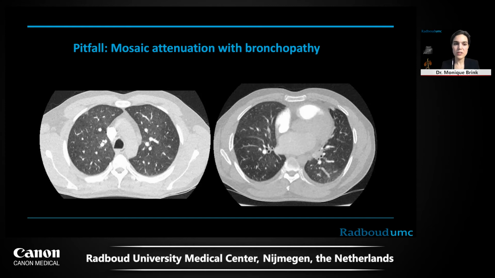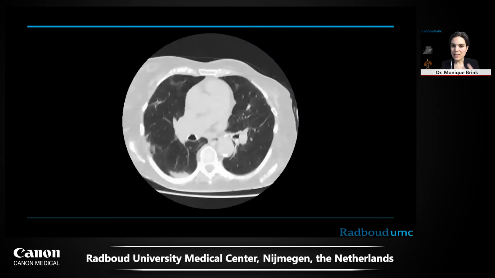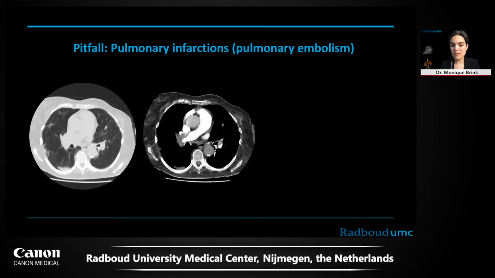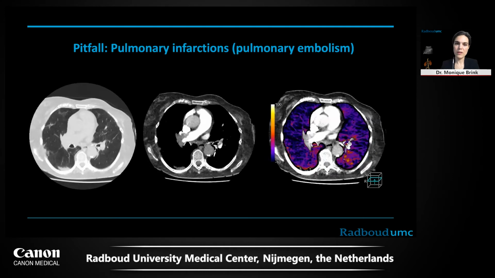This is mosaic attenuation. Check the important clinically relevant pitfalls, such as in this patient who has bilateral densities. They're more dense than ground glass alone, but these resemble pulmonary infarctions, which you could have missed if you had not applied intravenous contrast in this patient. So be aware of that. Consider whether or not the patient can have pulmonary embolism.